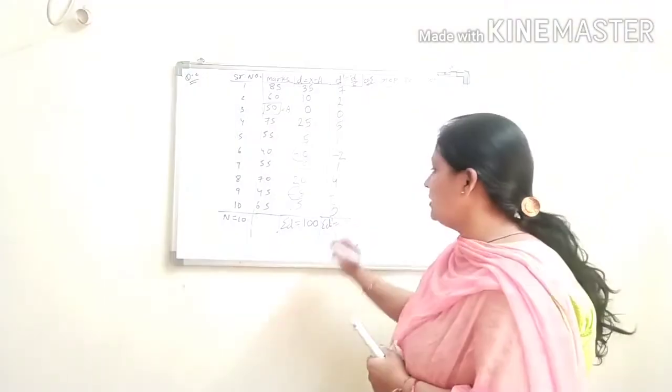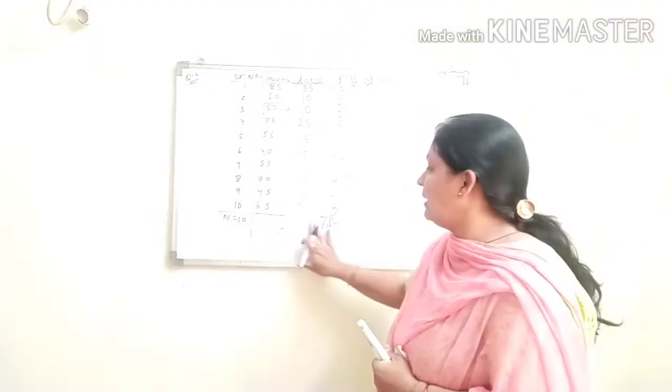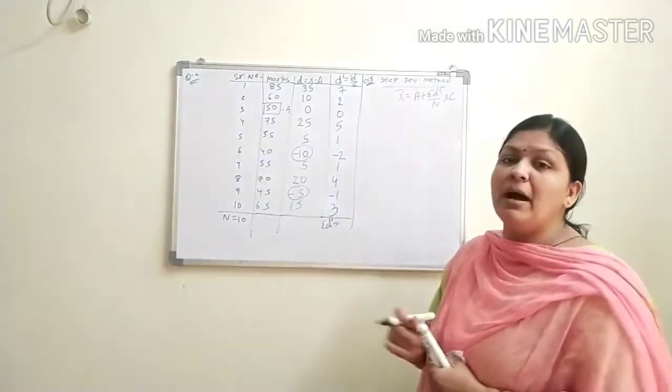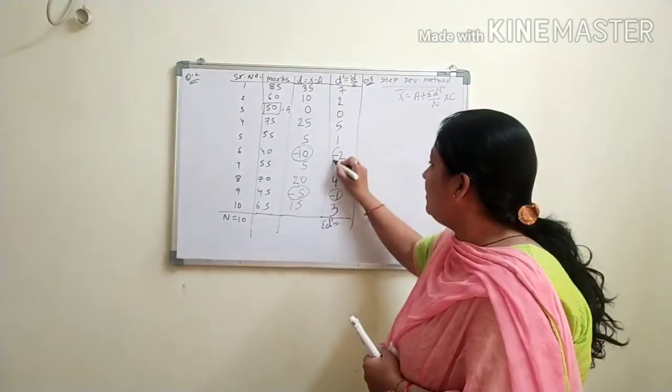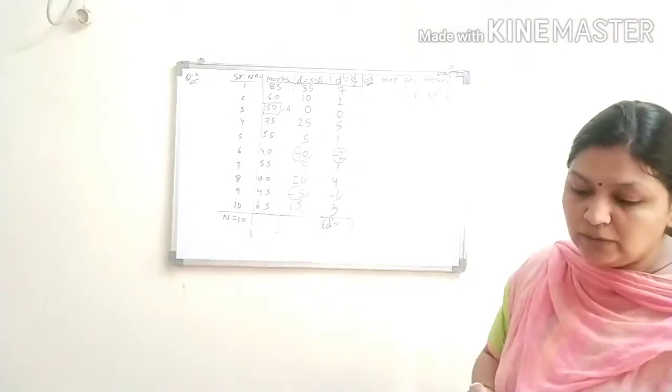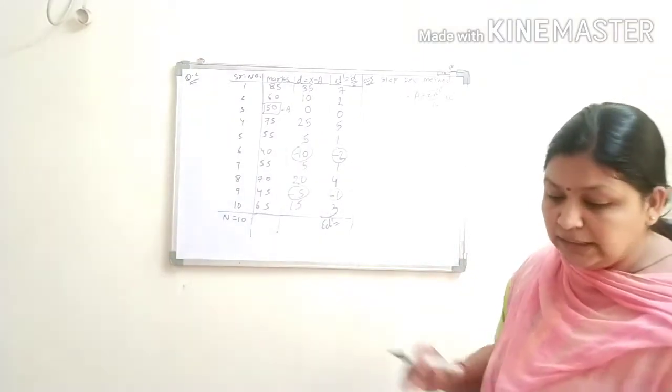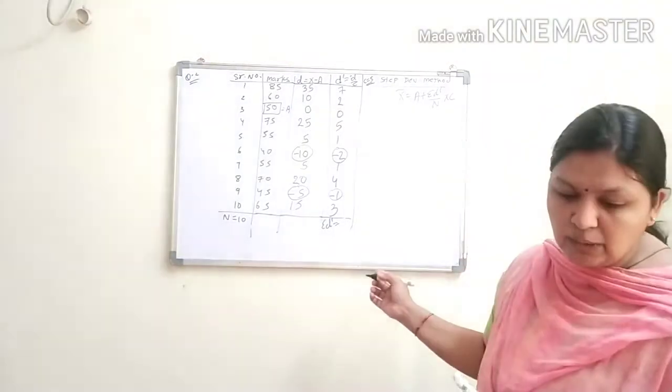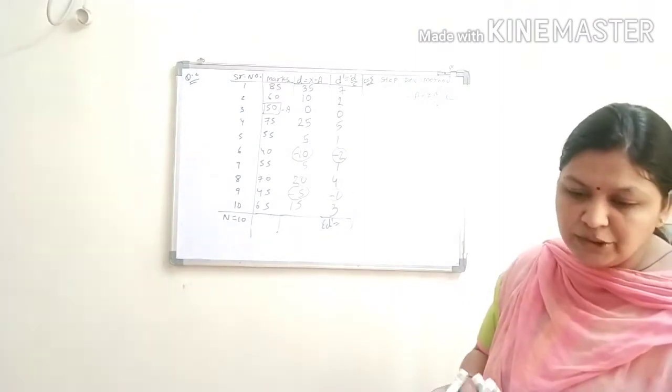So yes, now you need sigma d dash. You don't need this sigma d. You need sigma d dash. You just write down the, ये पहले इन तीनों को -3 हो जाएगा. Fine. You just calculate all these things and find out the sigma d dash. So your sigma d dash equals how much?